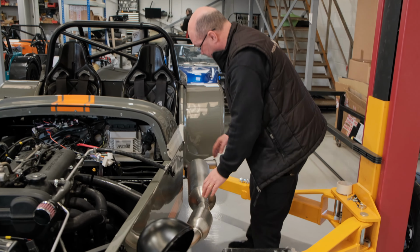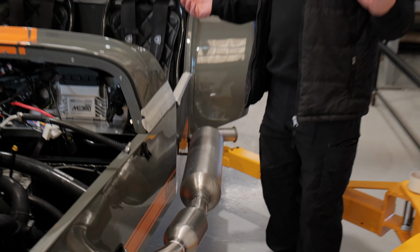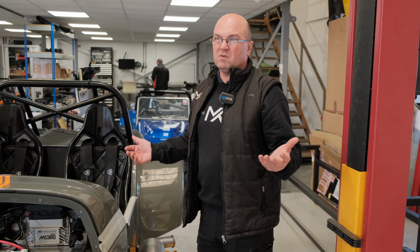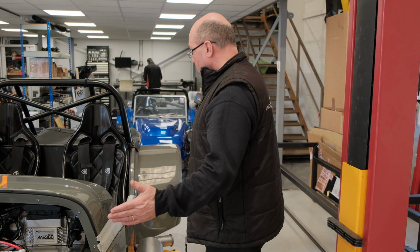This has got the cat built in, and we've got a standard 6-inch silencer, which normally at 3/4 RPM we're lucky to see 93-94 decibels. They're very good. So moving along,